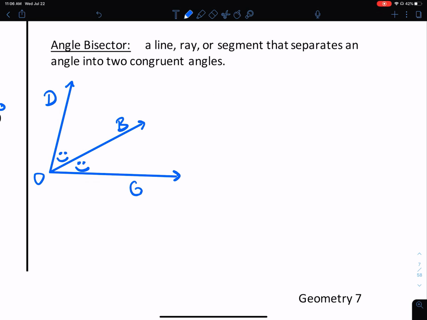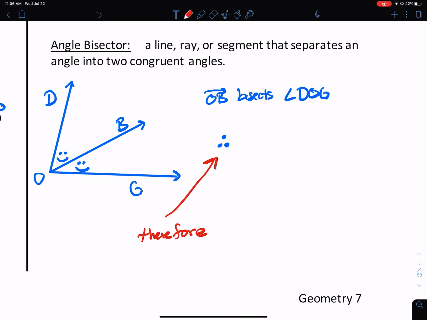So we could say that segment OB bisects angle ABC. I'm sorry, it's not angle ABC. It's angle DOG. Therefore, three dots like this, once again, mathematicians are the laziest people on the earth. That's the word therefore. Too many letters, so we use three dots. Therefore, angle DOB